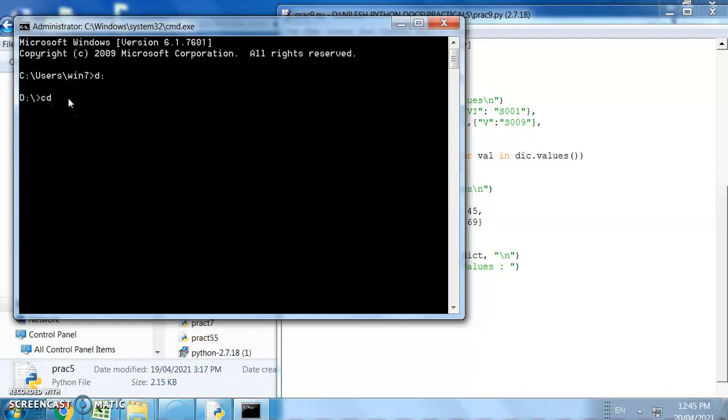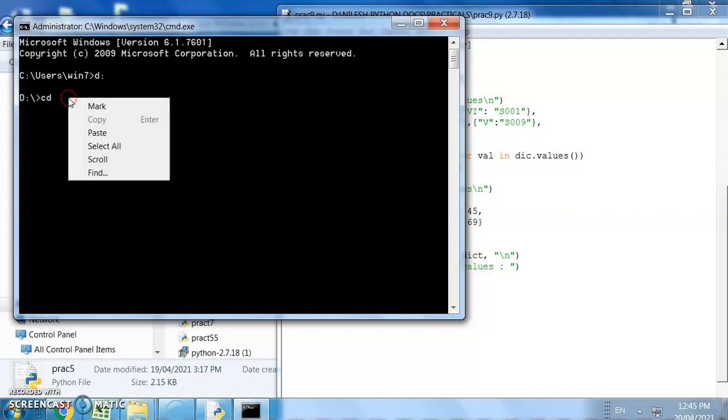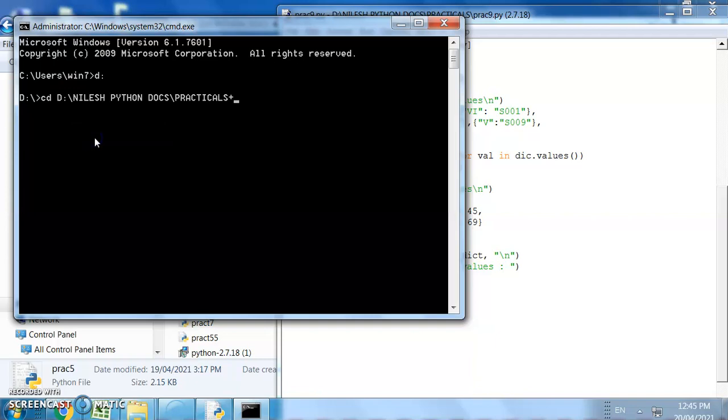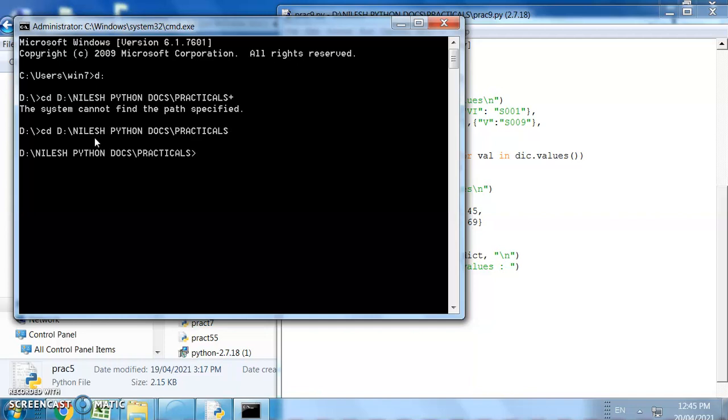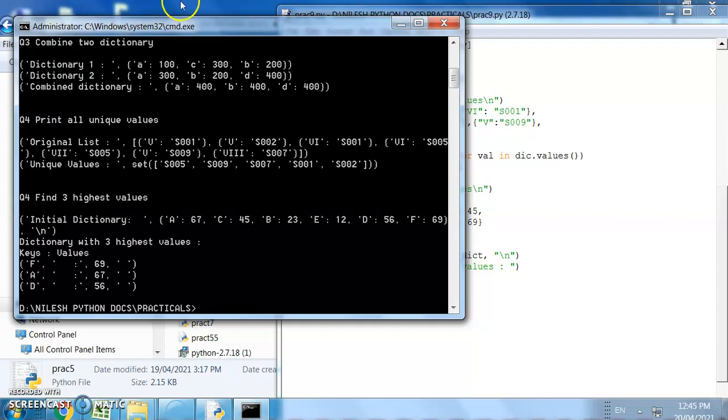Okay, CD. After that, Python, then fact 9.py. Okay, so these are all the operations.